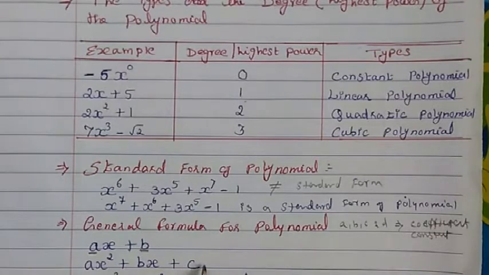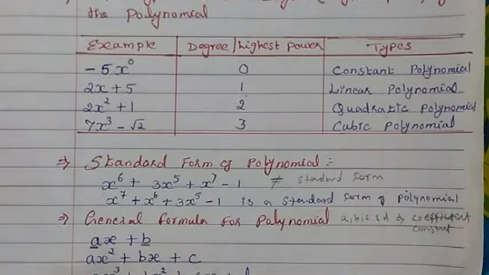Coefficient is also there and constant is also there. Here, without a variable, this becomes a constant. This is also a constant, but these are coefficients because they are with the variables. So this is a constant. Okay, just a little correction: the A, B, C, D here that you see are coefficients and constants. With a variable, they are known as a coefficient. Without a variable, they are known as a constant.